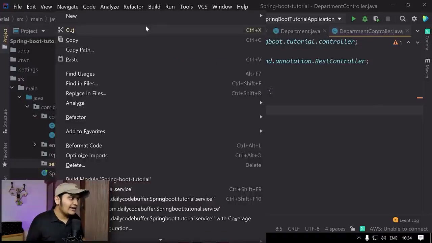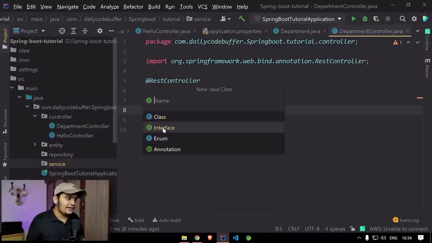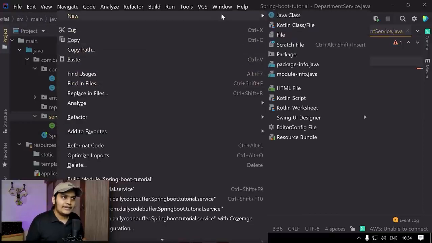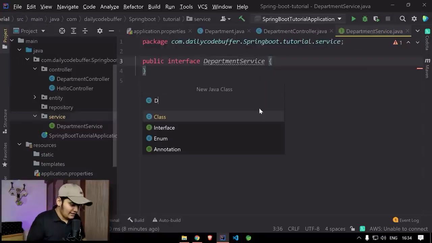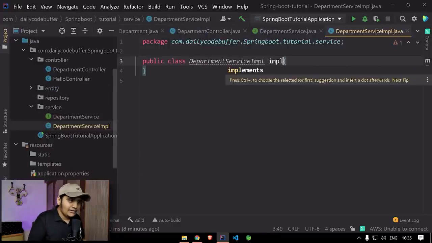So let's go ahead and create the interface, that is new Java class. I'll select the interface over here and I'll say DepartmentService. This is my interface over here. Now I'll go ahead and create the implementation class for it. I'll say DepartmentServiceImpl, that is the Impl class. And I'll say this class will implement